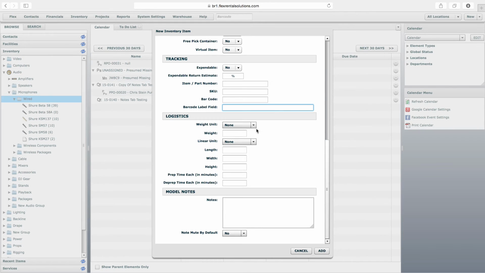The last couple things we'll look at for logistics, you can enter a weight for this item. This is probably only about a pound. And you can enter dimensions. This one would be difficult for me to do, so I'll just leave that blank. But for cases and things like that, you definitely might want to enter the dimensions in your choice of linear